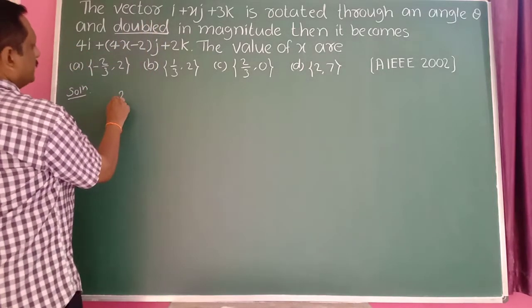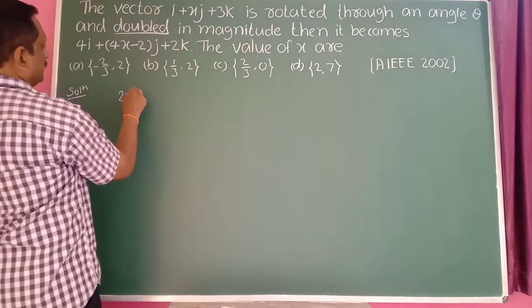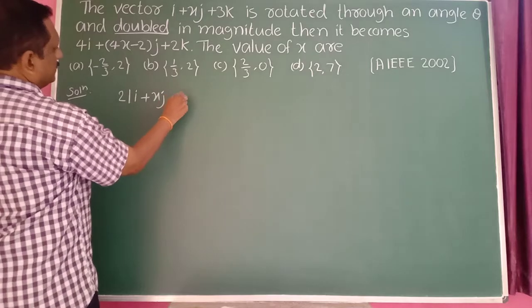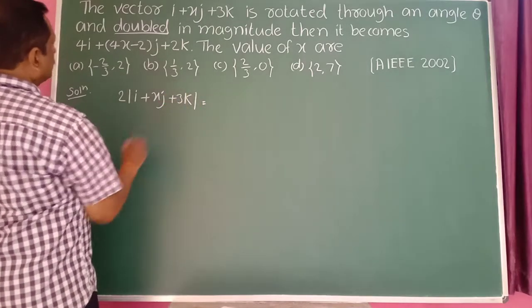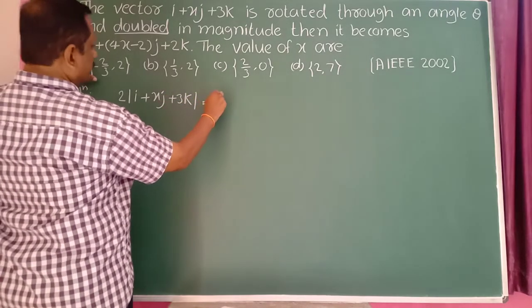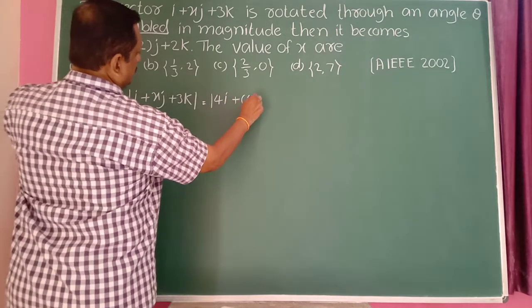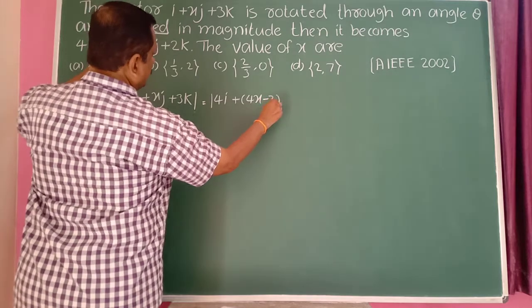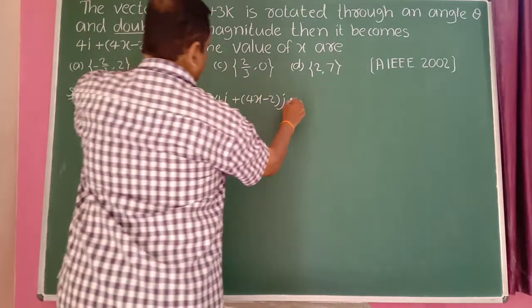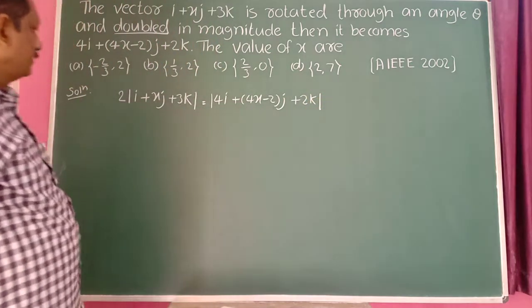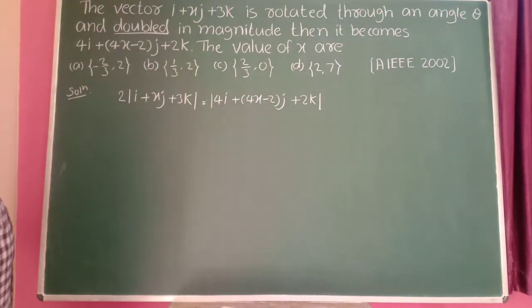Therefore, 2 times its magnitude, i plus xj plus 3k, is equal to the magnitude of this one, 4i plus (4x minus 2)j plus 2k. Okay, now you simplify it. So 2 into